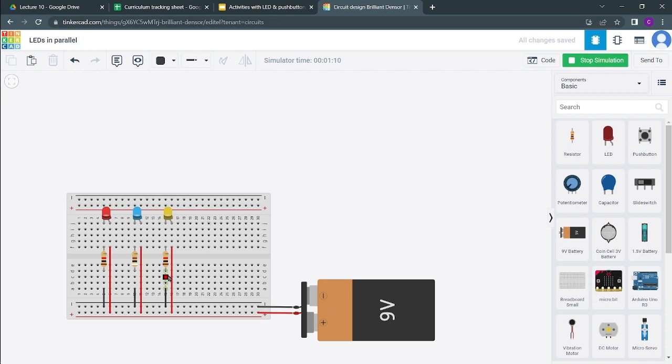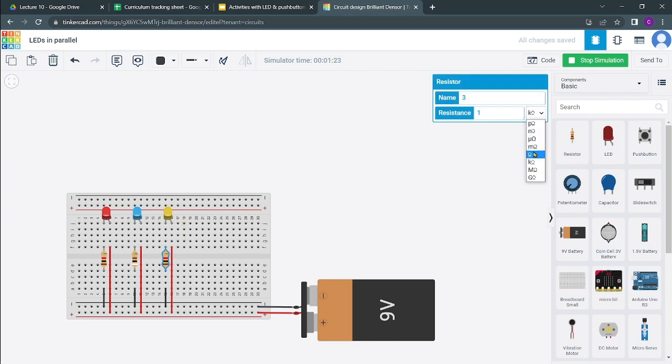So by increasing the value of resistance in the path of current, the LED's brightness decreases. Similarly, if you are decreasing the amount of resistance in the path, you can see that the LED is burnt out. Why? It is written in the box below it: the current through the LED is 806 milliampere, while the absolute